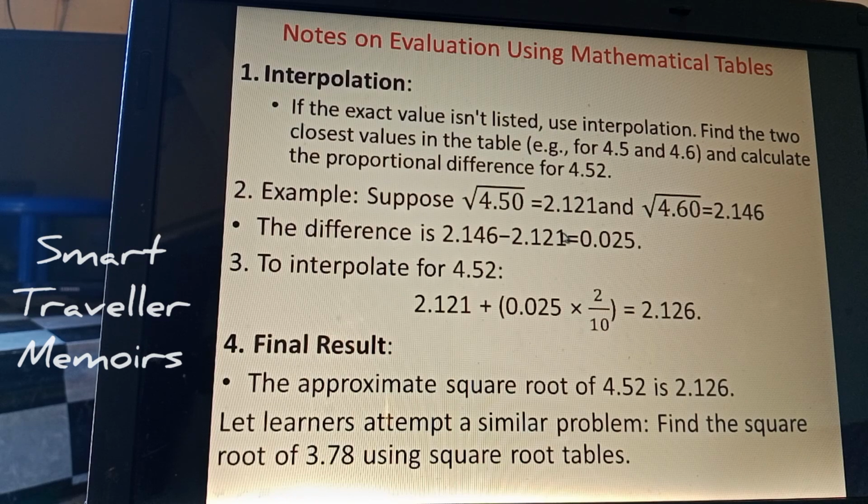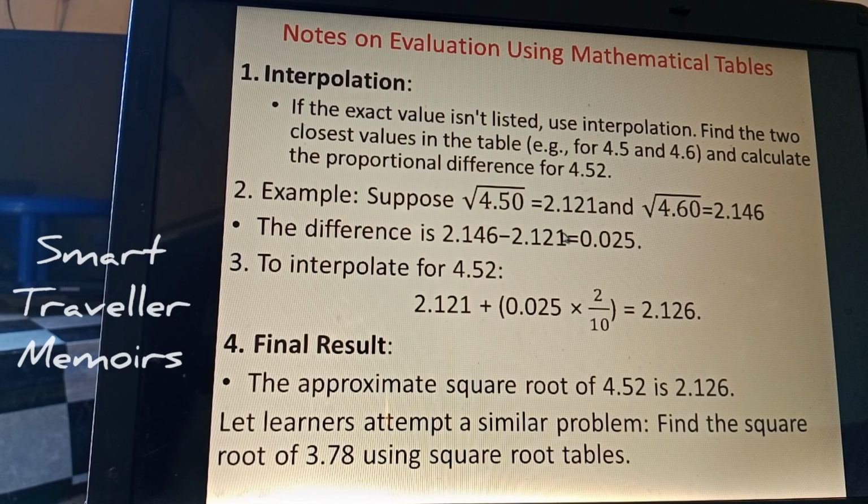Interpolation. If the exact value isn't listed, use interpolation. Find the two closest values in the table, for example 4.5 and 4.6, and calculate the proportional difference for 4.52. Example,